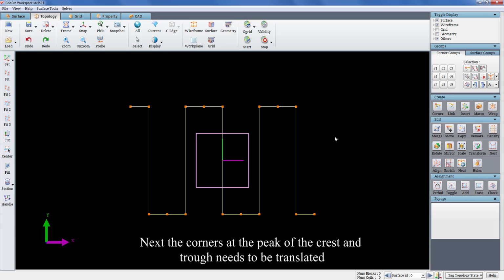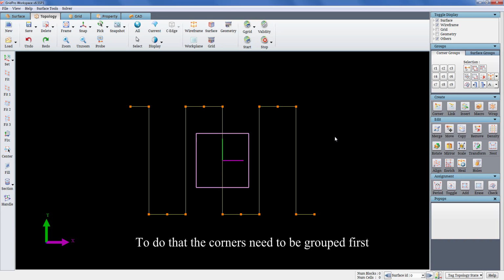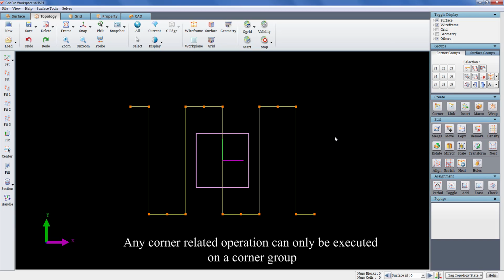Next, the corners at the peak of the crust and trough need to be translated. To do that, the corners need to be grouped first. Any corner related operation can only be executed on a corner group.